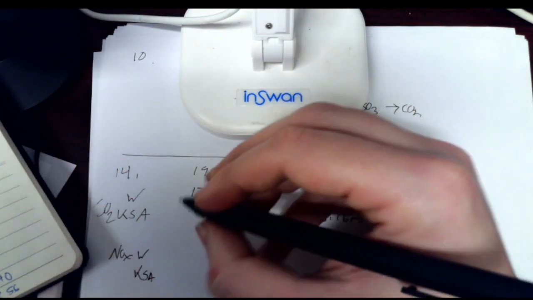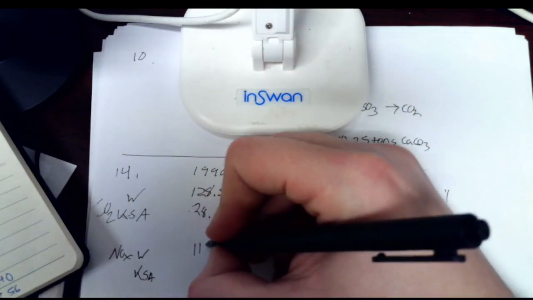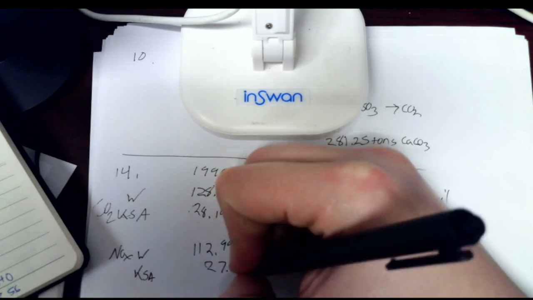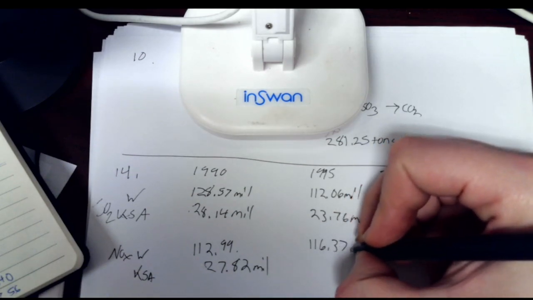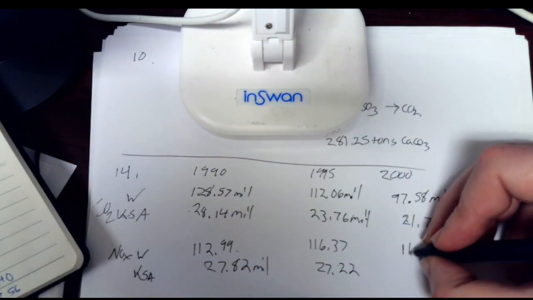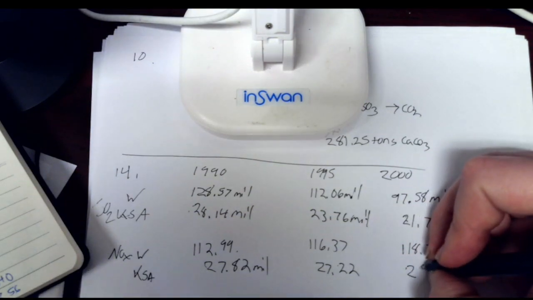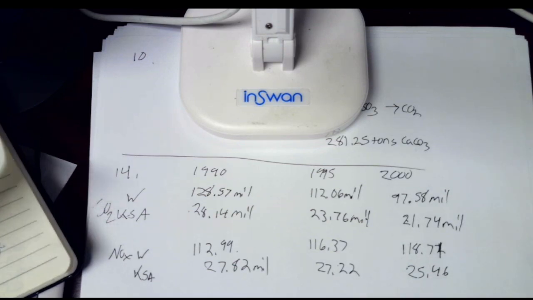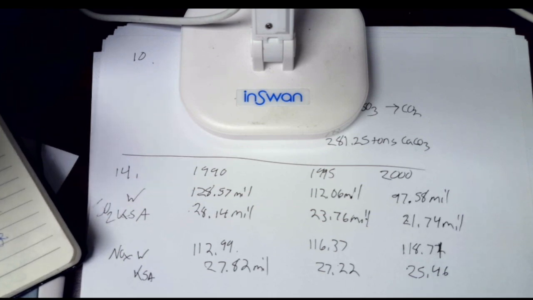In terms of NOx, the same thing, world versus the USA. Specifically, I think I did North America to try to make it a little bit easier. 112.99 million, 27.82 million, 116.37 versus 27.22, and 118.71 and 25.46. Now by itself, clearly those numbers are dropping over time, but NOx is going up,